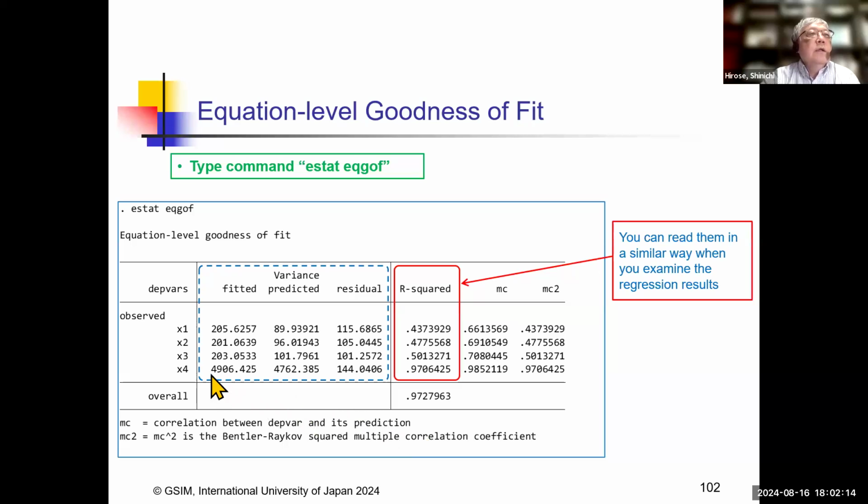The degree of fitness or degree of contribution, R squared. You can read R squared the similar way as you examine regression results. So R squared, as we have seen in the diagram,